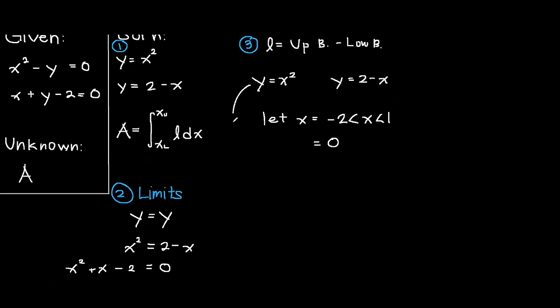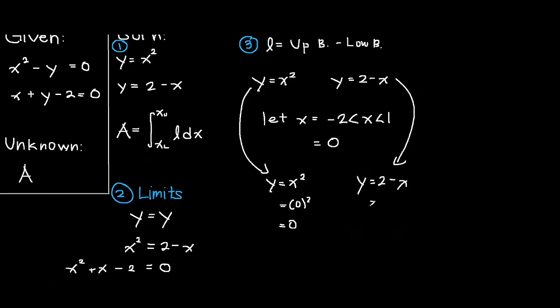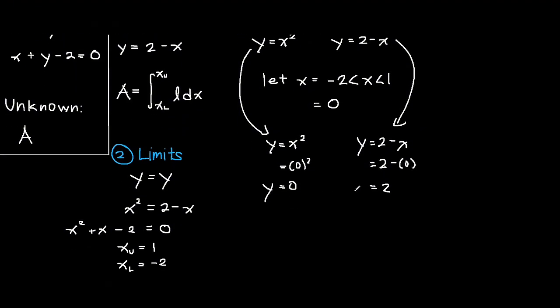So kunin natin yung formulas natin. Ibaba natin sila ulit. Y is equals to x squared. As we substitute 0, we get 0. And the other one, y is equals to 2 minus x. Substitute 0, we get 2. So in this case,